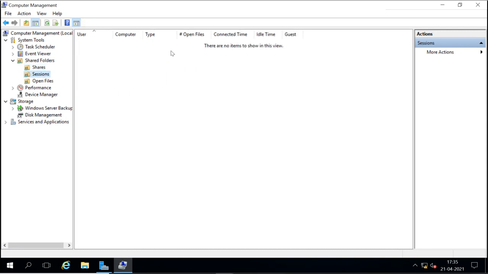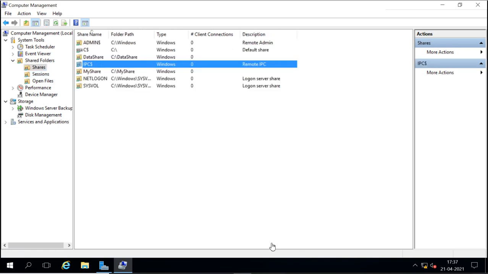Right now there is no session established here, and there is no open file. So very simple, when you connect the machine to any other machine. Now how will we do that?